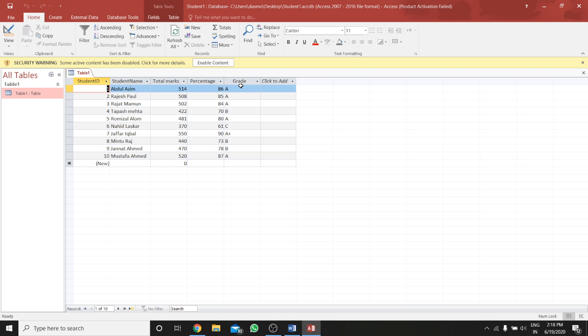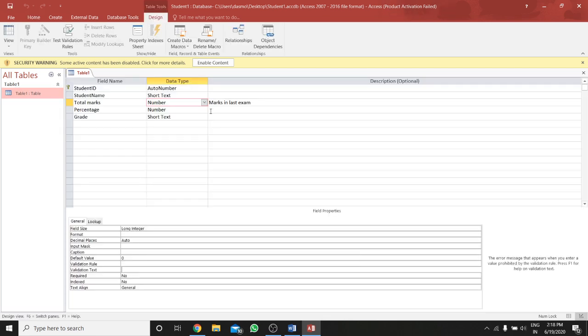Now we can add a new field or row. Field means we can add a field here, or we can add a row here also. We can also delete a field. For example, I am adding a field here, and then I will show how to delete.